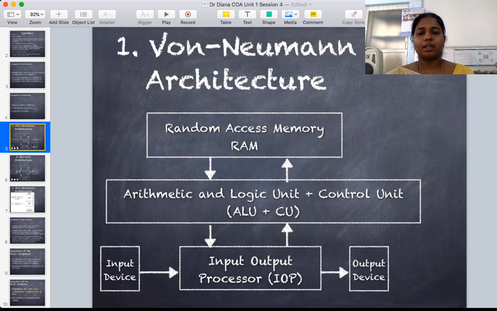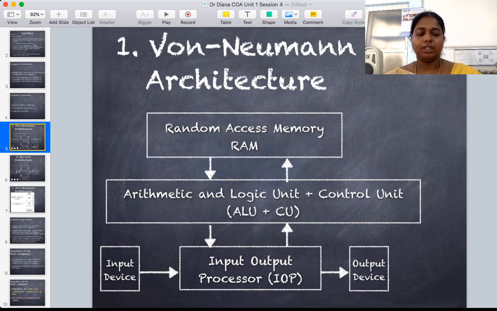In the von Neumann architecture, we have the CPU made up of the ALU and the control unit, to which the IO processor is connected, and through the IO processor the IO devices can interact with the CPU. We also have a memory that is connected to the CPU for storing both instruction and data together. This is called the von Neumann architecture, and our entire curriculum is going to be on